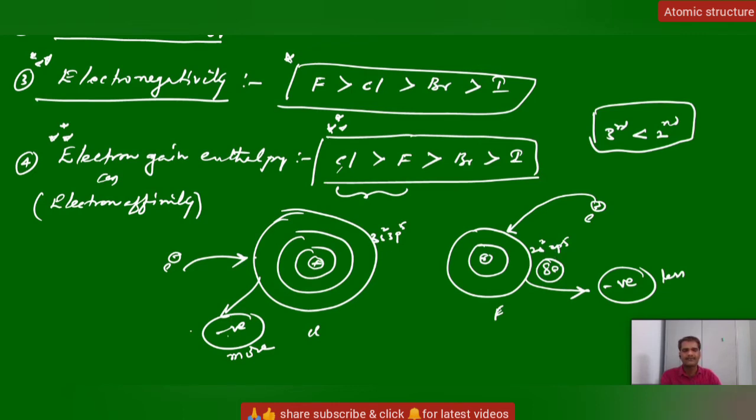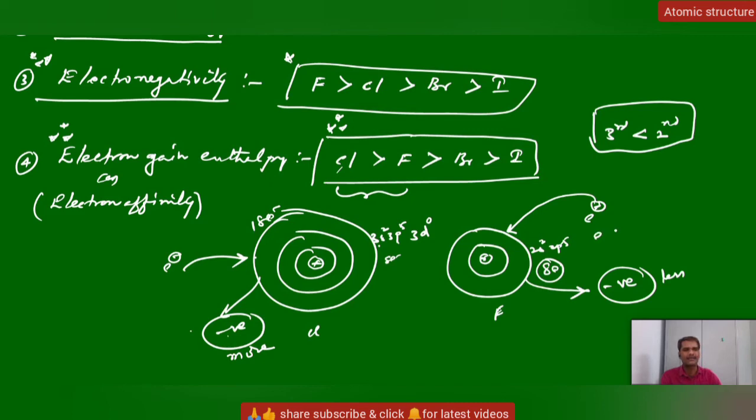Whereas in the case of chlorine, we also have to add an electron to the valency shell. Here the valency shell is 3s2 3p5, but the third shell also contains the 3d subshell, which is empty. So 7 electrons are already there, and we are adding one more, making 8 electrons. But how much space is available? You can accommodate 18 electrons here. 18 electrons means more space, but 8 electrons means less space. Since 7 electrons are already there, when you add one more electron externally, you can observe electron-electron repulsions.